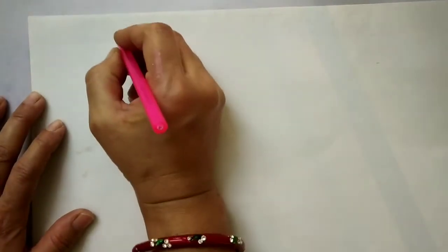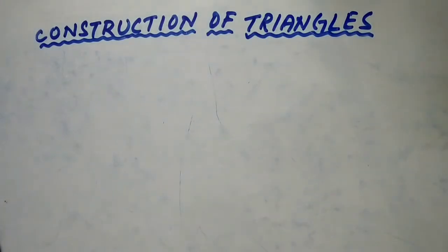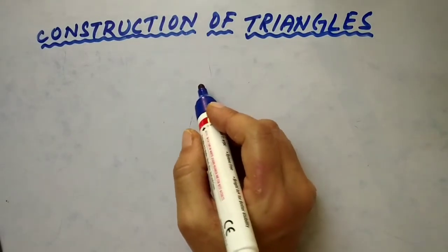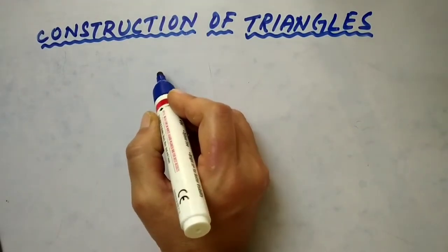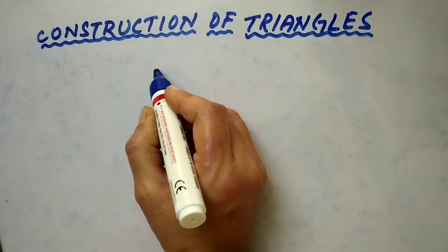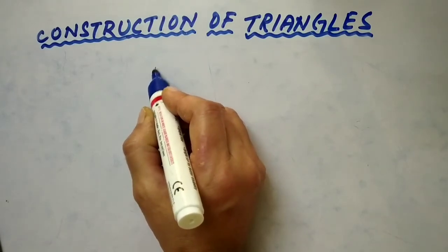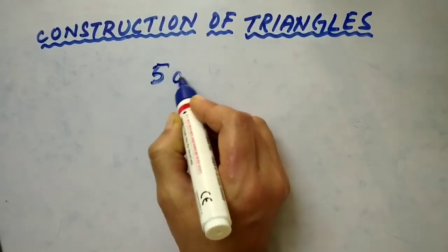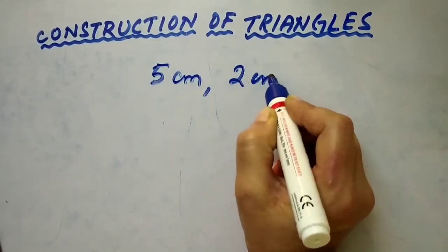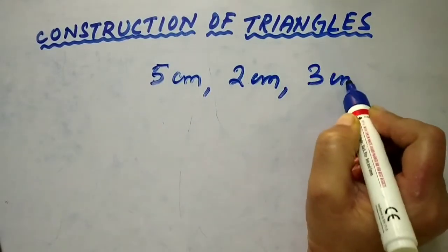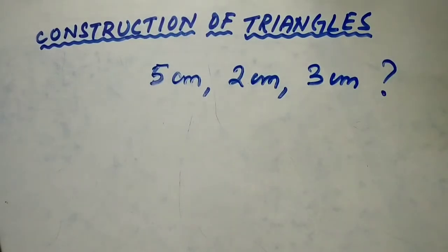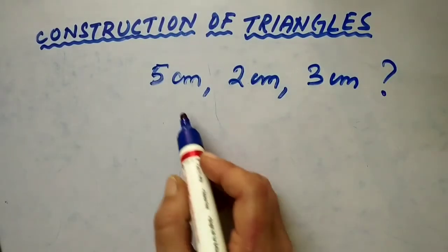SSS. Suppose 3 sides are given by using SSS criteria. And one thing more, dear children, if SSS means all the 3 sides are given, if you take any 3 sides of your own choice, the triangle will not be constructed, because you know what the side properties of a triangle are. Suppose in one triangle it is given one of the sides is 5 centimeter, another side is 2 centimeter and another side is 3 centimeter. Can you construct this triangle? No, we cannot construct this triangle because